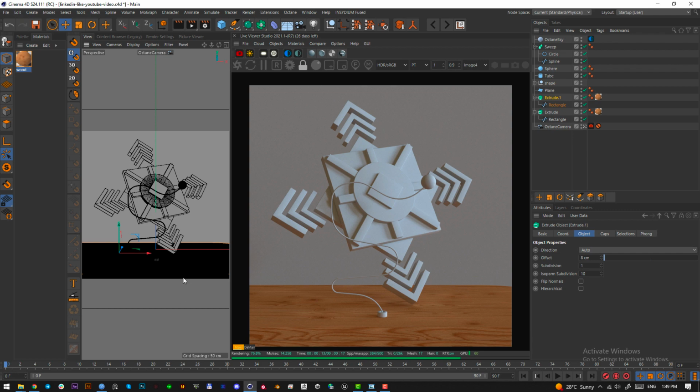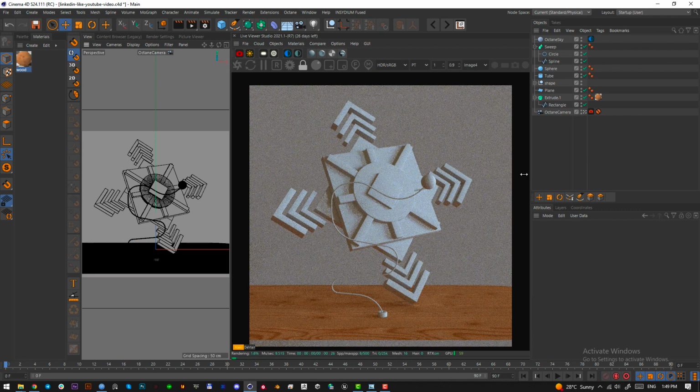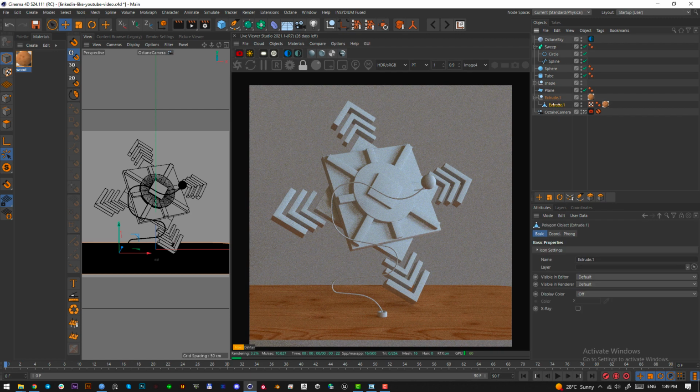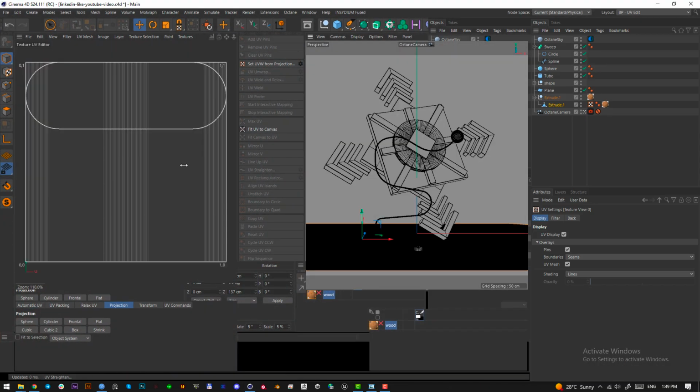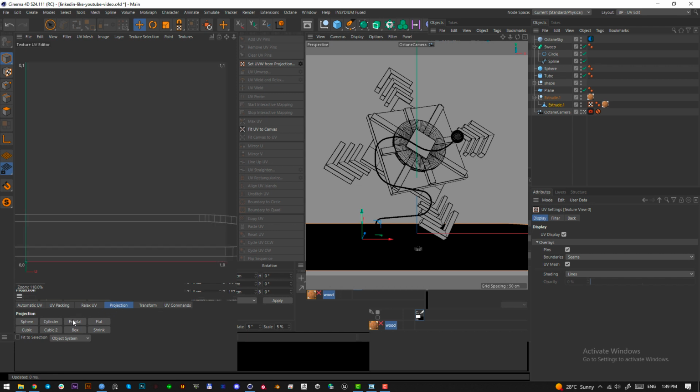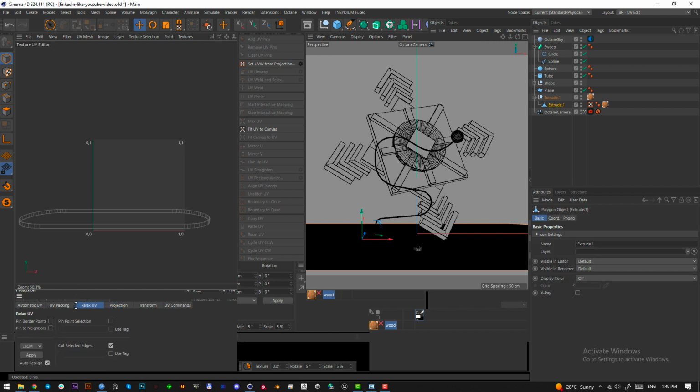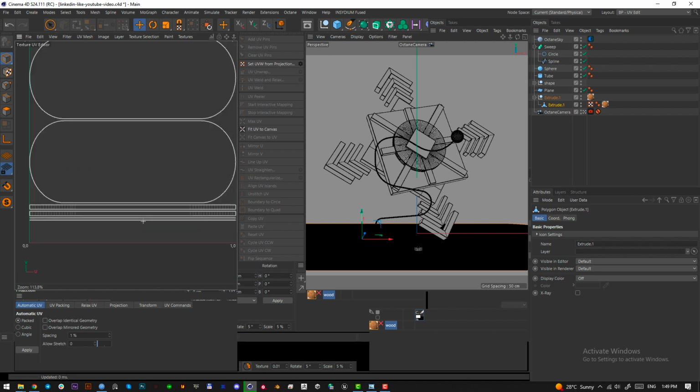So let's delete the one down. Select this one, press C, and then delete all of these, and then save this, click on this, go here into the UV, and then select render projection frontal, and then select automatic UV apply, and let's see,